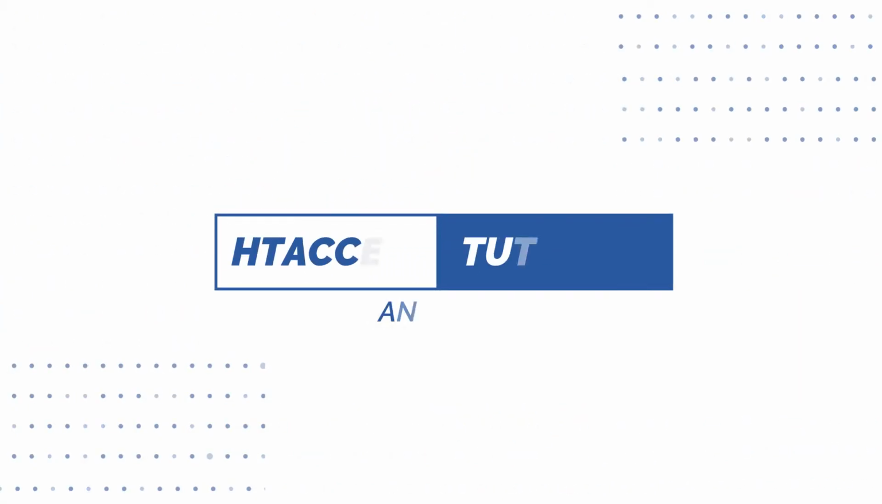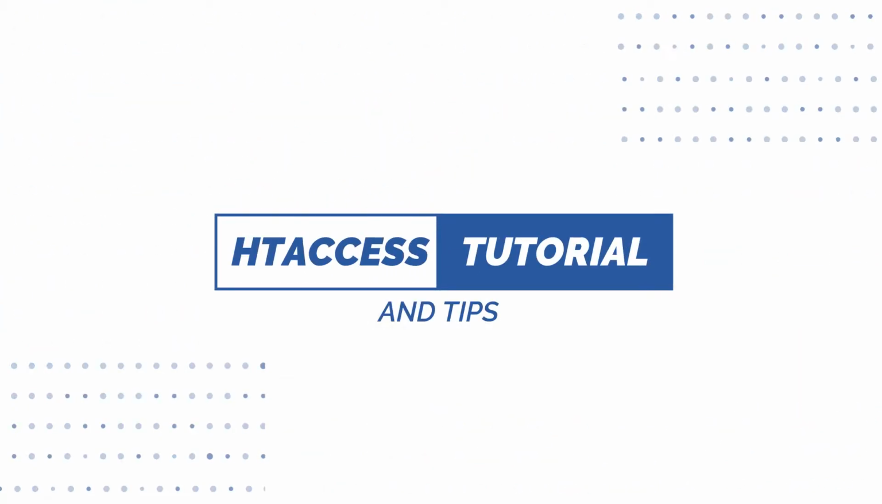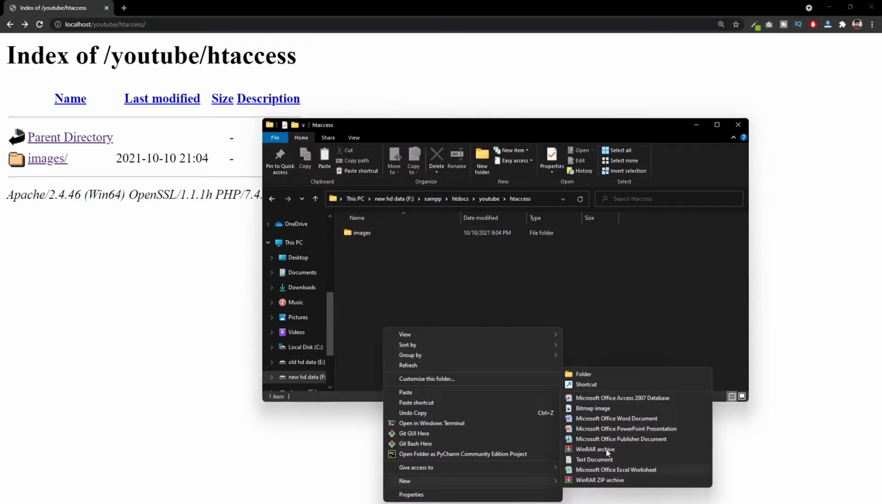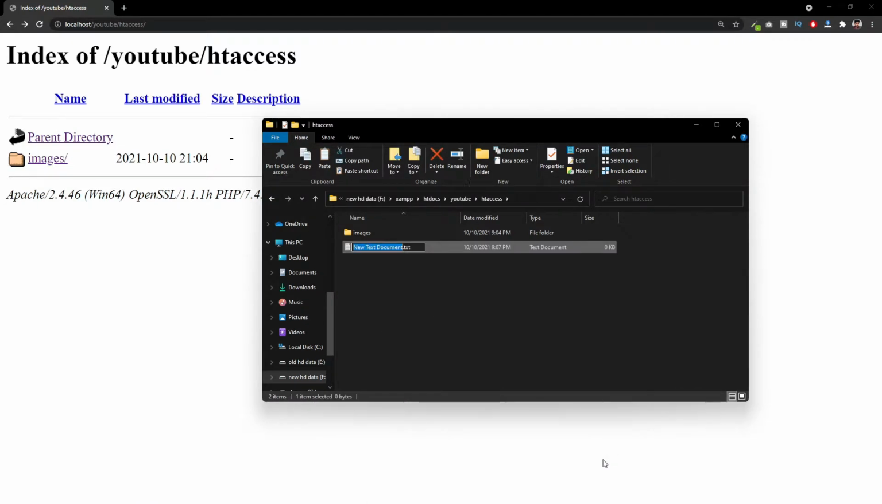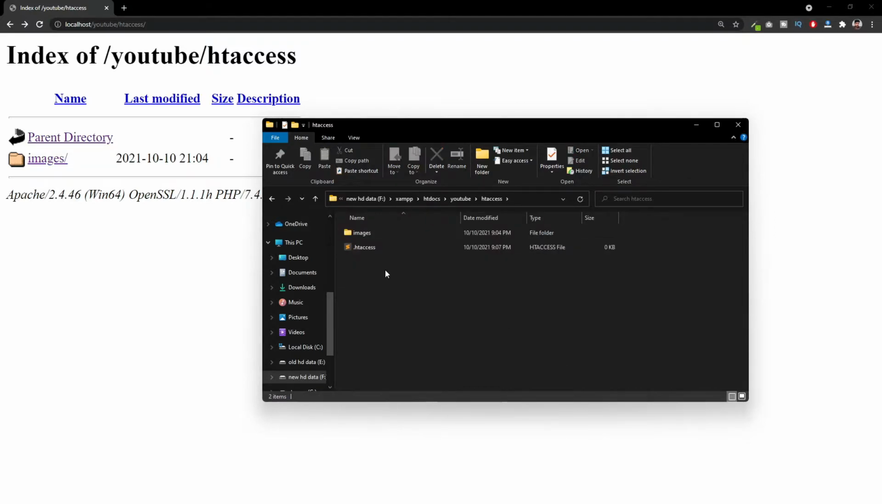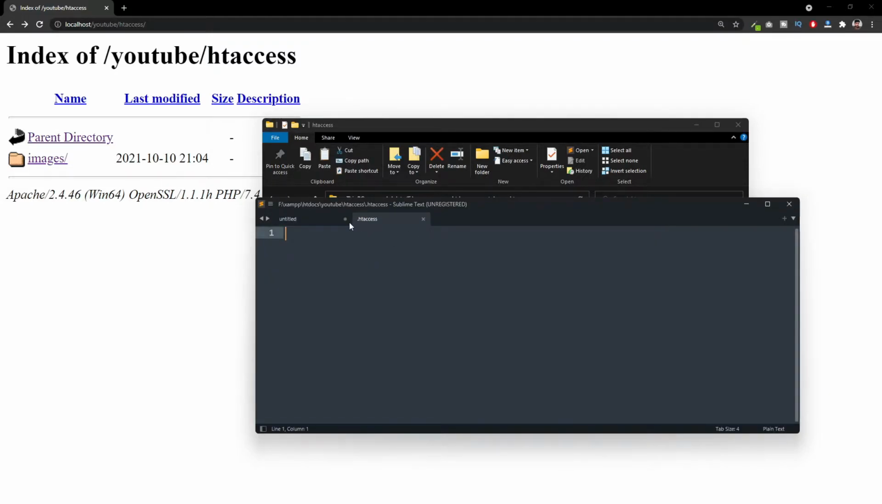Hello guys, in this video I am going to show some use cases of .htaccess. So create an .htaccess file. We can name it .htaccess, and you can see the file is saved as .htaccess. Open that in your code editor,